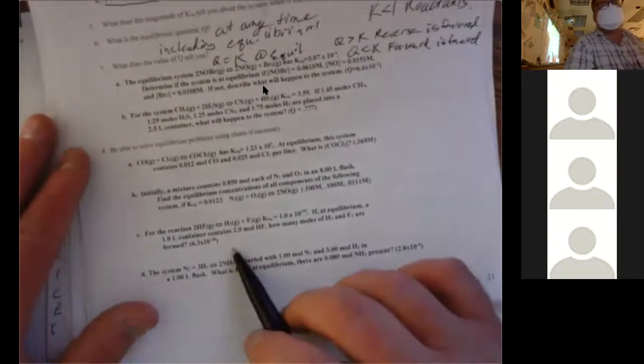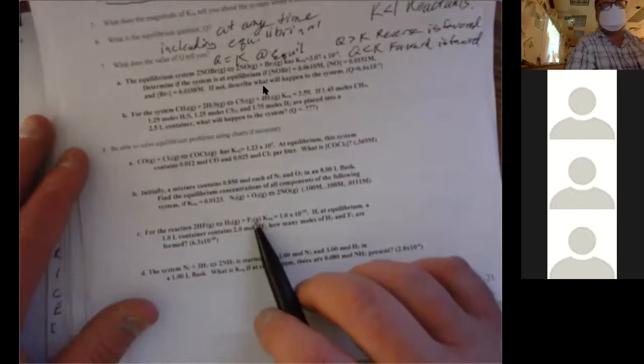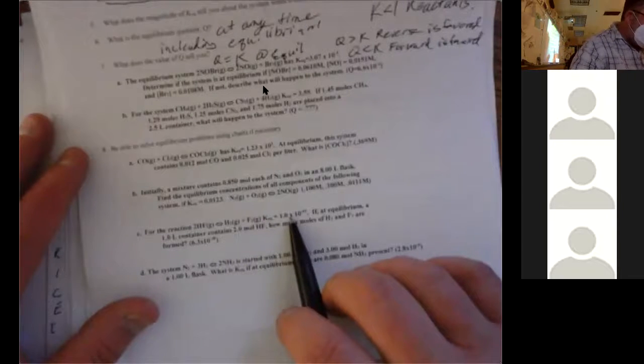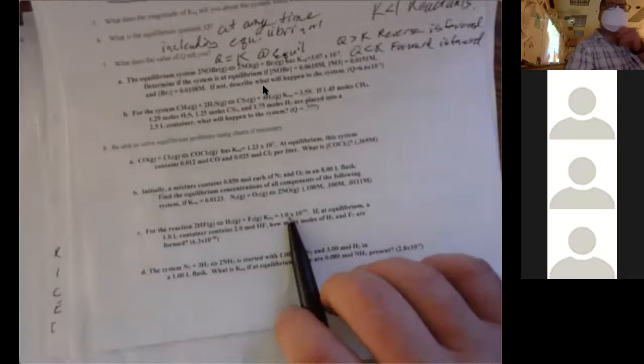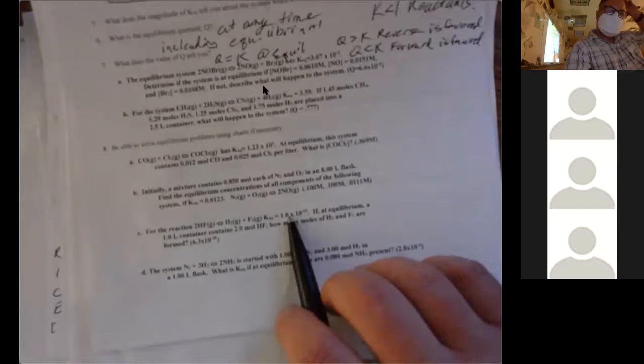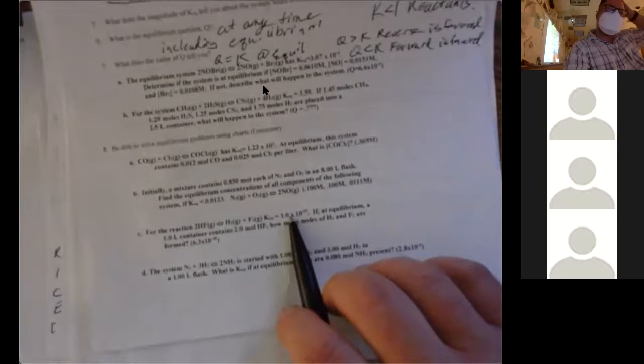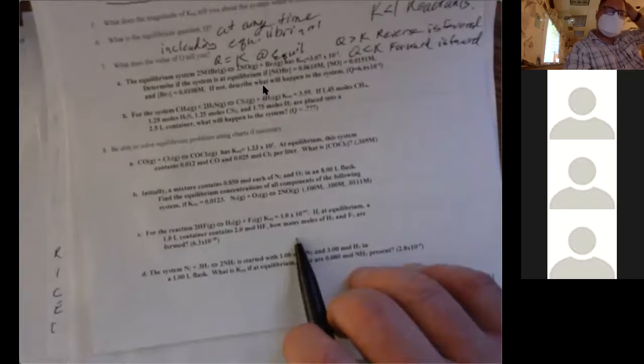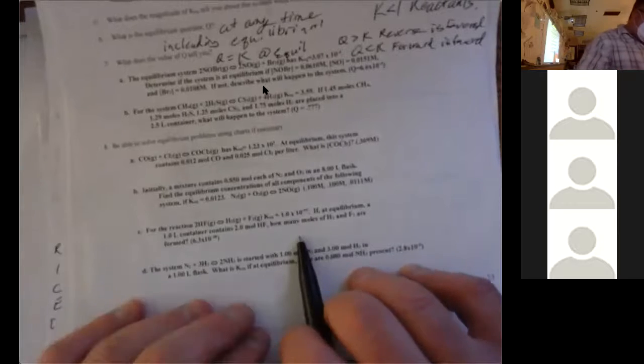For the reaction 2HF yielding H2 and F2, the K sub eq is 1 times 10 to the, what is that, negative 95th. So are products or reactants favored at equilibrium? Yeah, right. This is a very, very, very small K. If at equilibrium a 1 liter container contains 2 moles of HF, how many moles of H2 and F2 are formed? So if we take a look,